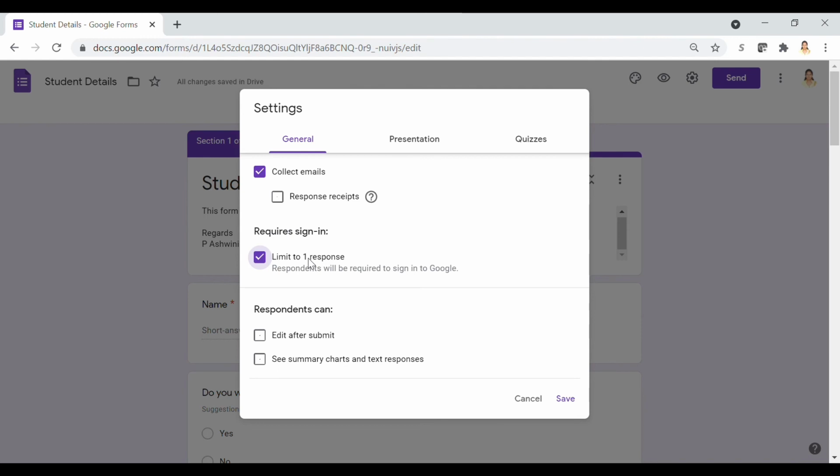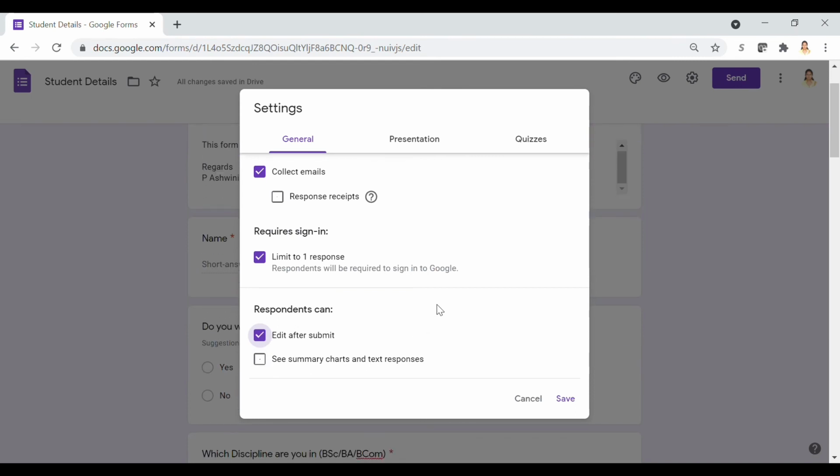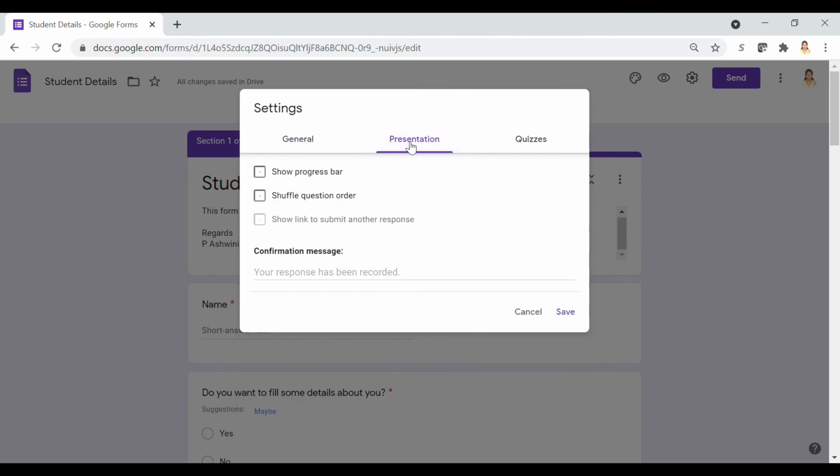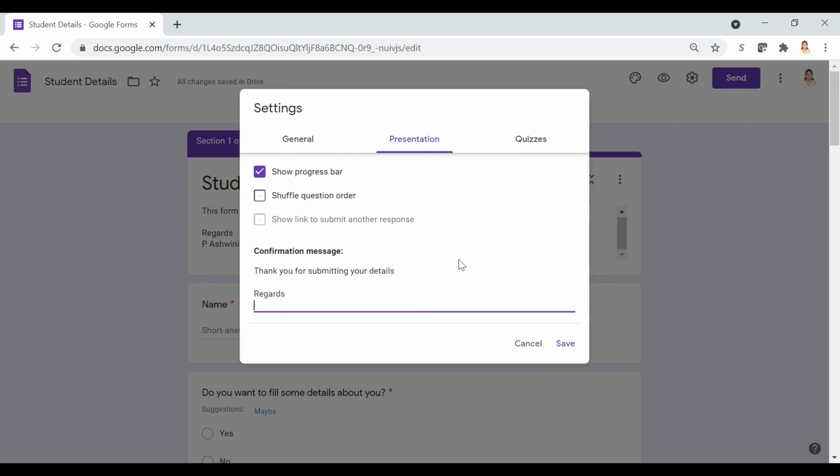You can select edit after submit so that they can edit the submitted responses just in case they want to edit it. Click on the presentation tab and check show progress bar so that the respondents will know the progress. You can also add a confirmation message on this screen. This message will be displayed after they submit the form.